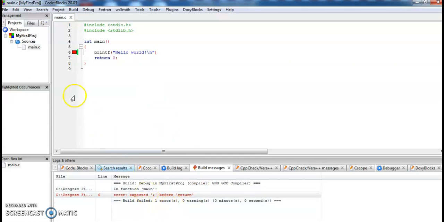That error will be indicated with a red block on the line or statement number wherever there is an error. So the semicolon is missing here. In this way we can write C programs and execute these programs using code blocks.